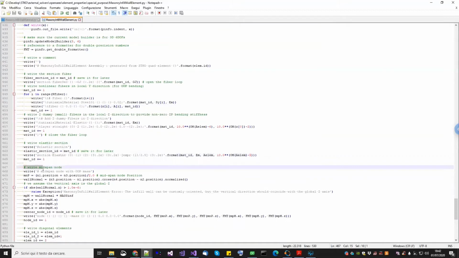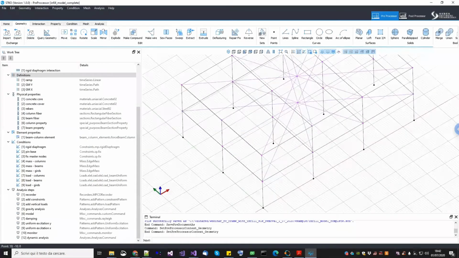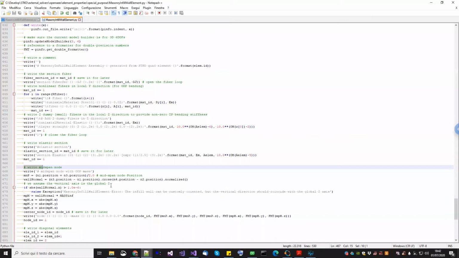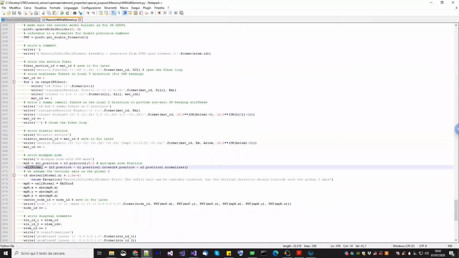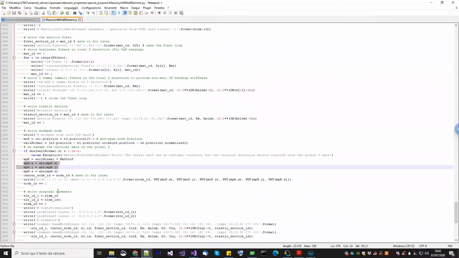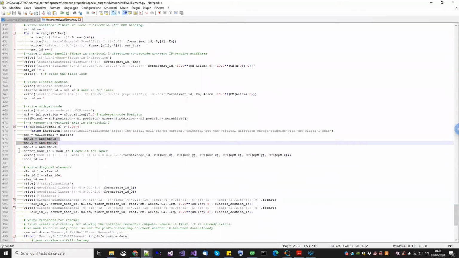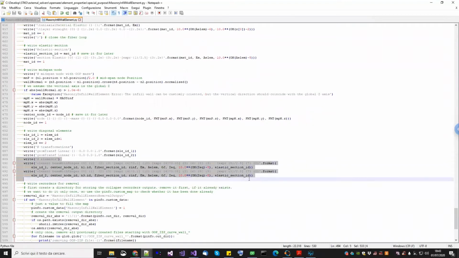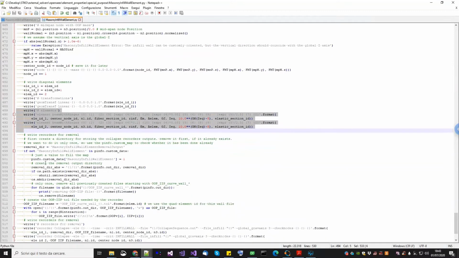Then I create a node that was not present in STKO. As you can see here, you don't have any node inside this, and STKO will automatically create this node in the middle. It will compute the normal of the wall to assign a mass. So in this case, for example, you can also create an infill wall which is inclined with respect to the global axis. Once we have done this, it creates 2 beam with hinges elements,